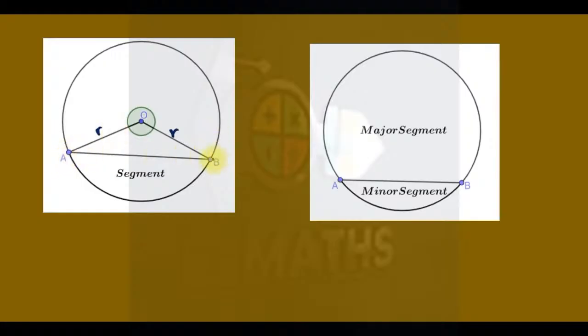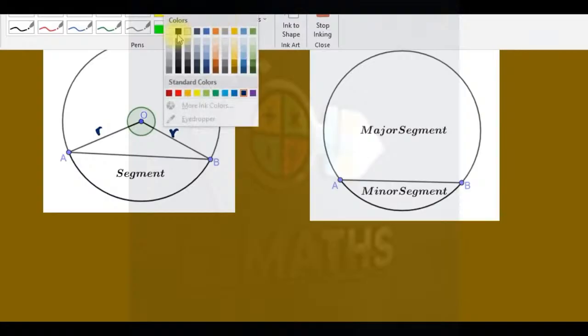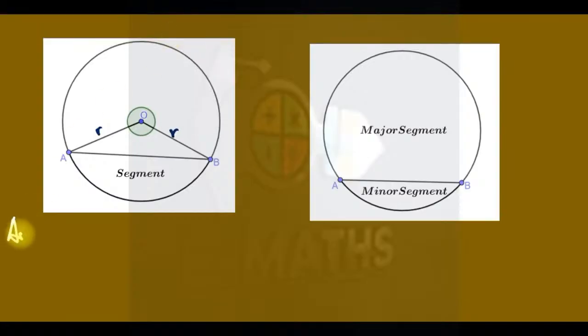That's the chord, and the length of the chord and the radius form the triangle. So what you have to do is subtract the area of this triangle from the sector, and you get the area of a segment. So I'm saying that the area of, I'm using the minor segment now,